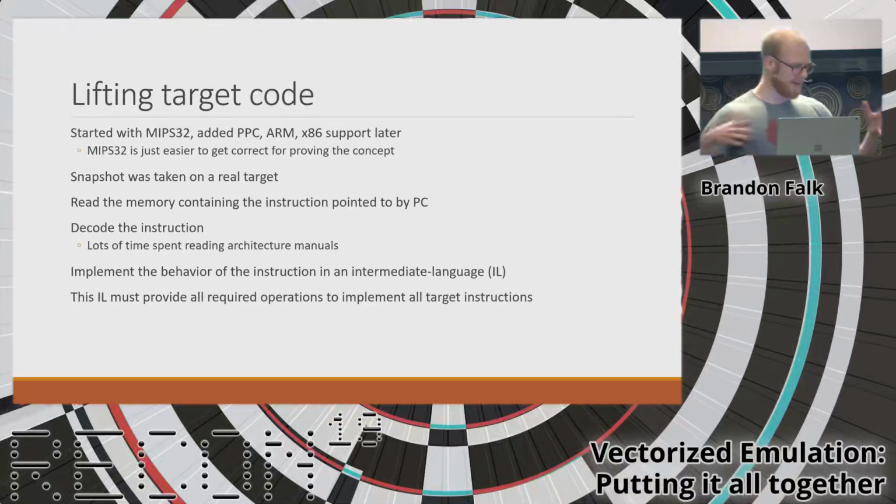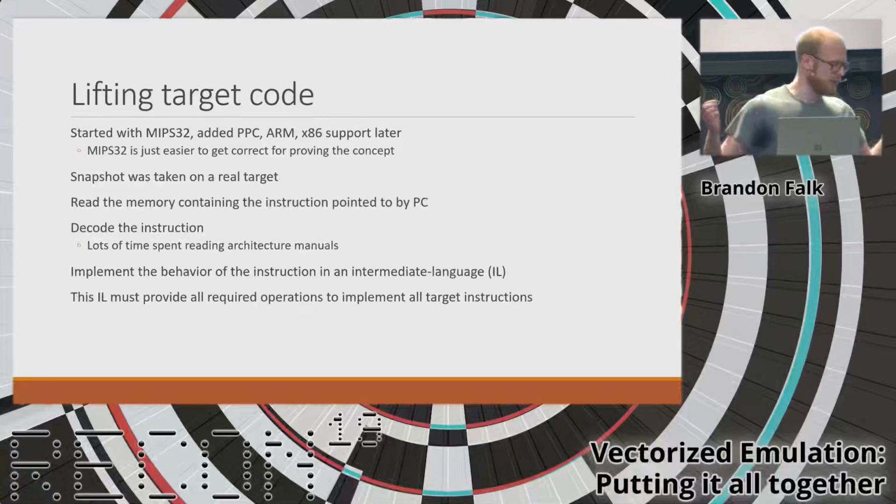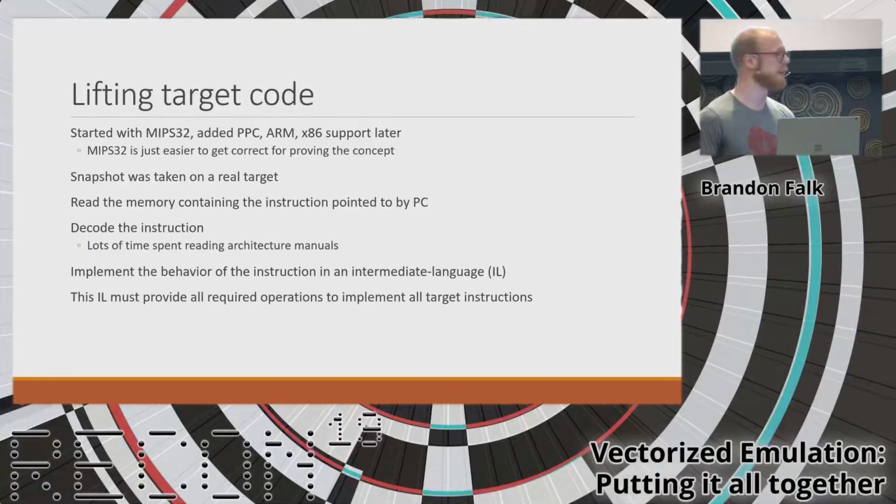When I have to start to lift up this code, I need to basically get all of this into my IL. And I really suck at using third-party code. It's a personality flaw I have, so I ended up just reading the manuals for multiple architectures. I pretty much always start with MIPS. I love MIPS because it's so easy. You can write a full lifter in a day, and you can be pretty confident that it's probably correct, especially